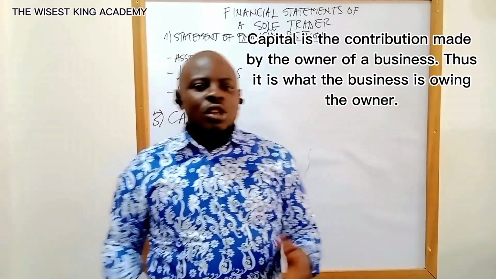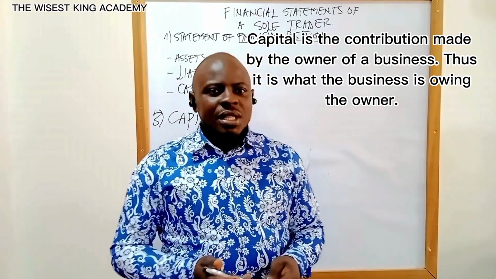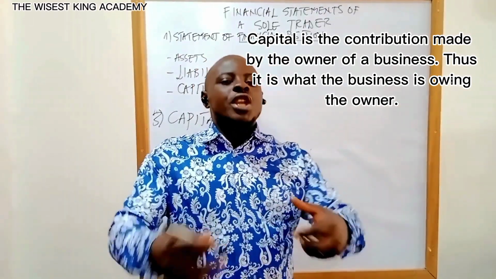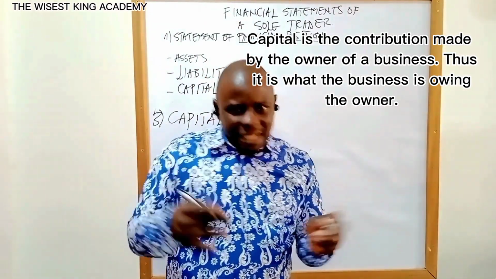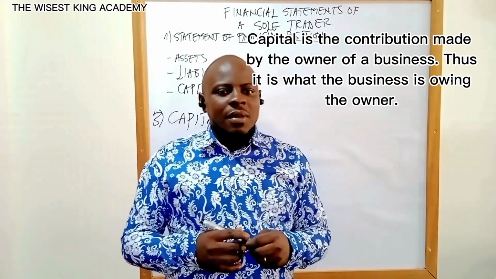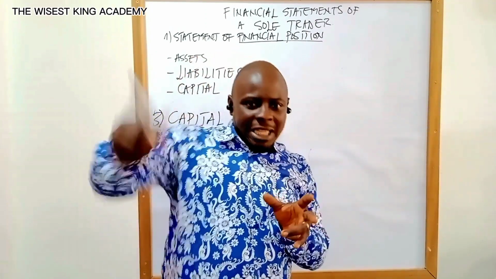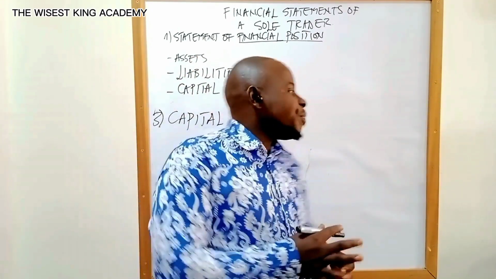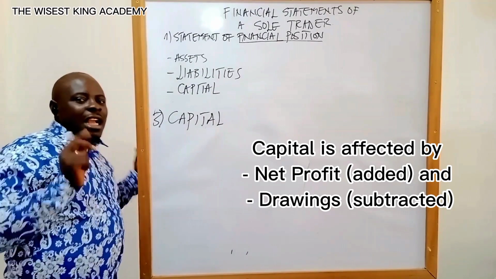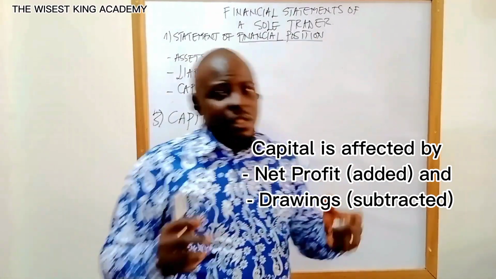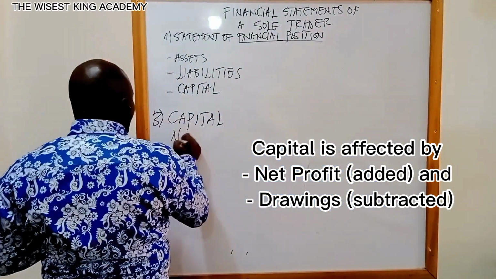Capital is the contribution made by the owner of the business. Capital is what the business is owing the owner. So, in other words, capital is like a kind of liability, but under the name capital. Liability, debt that the business is owing third parties. Capital, debt that the business is owing the owner. Now, in the statement of financial position, capital is affected by two things, or let's say three, although one comprises two. The first one, capital is affected by net profit,